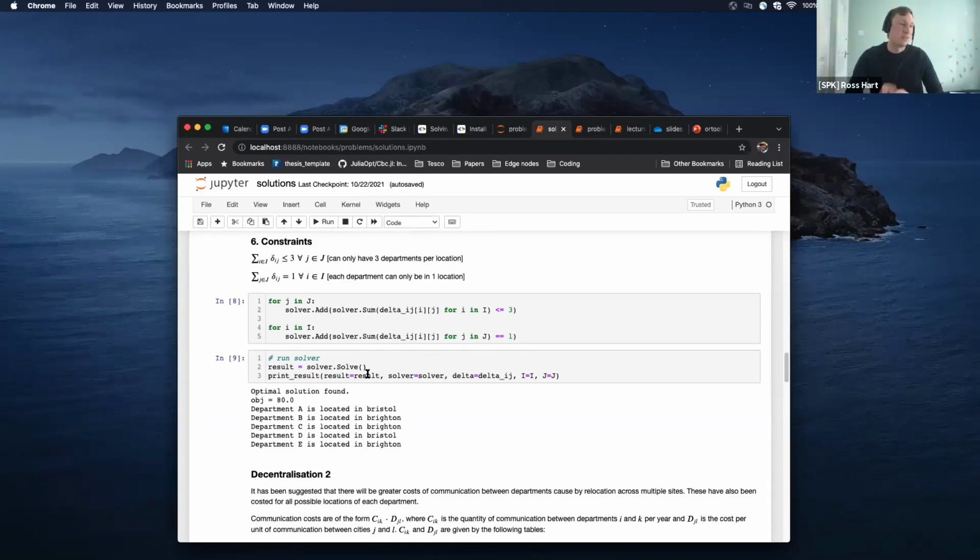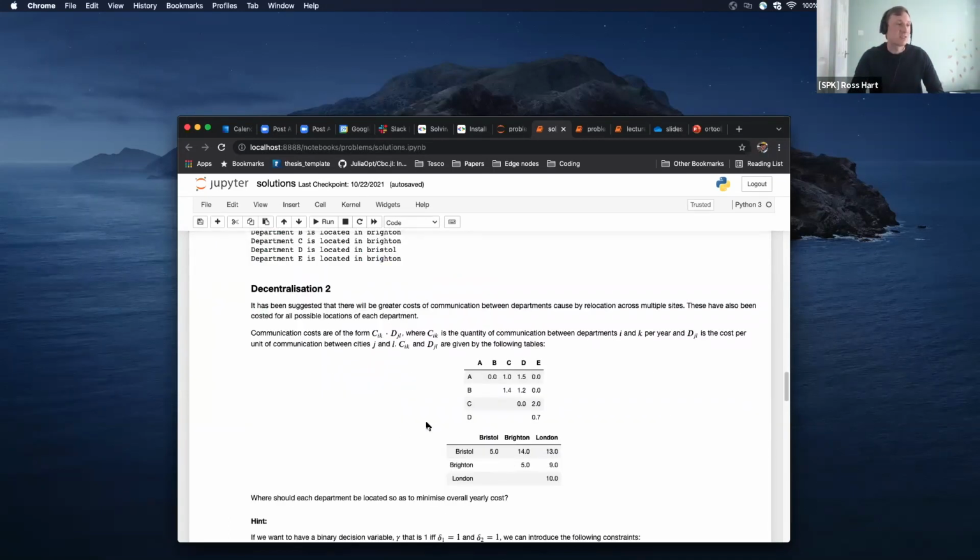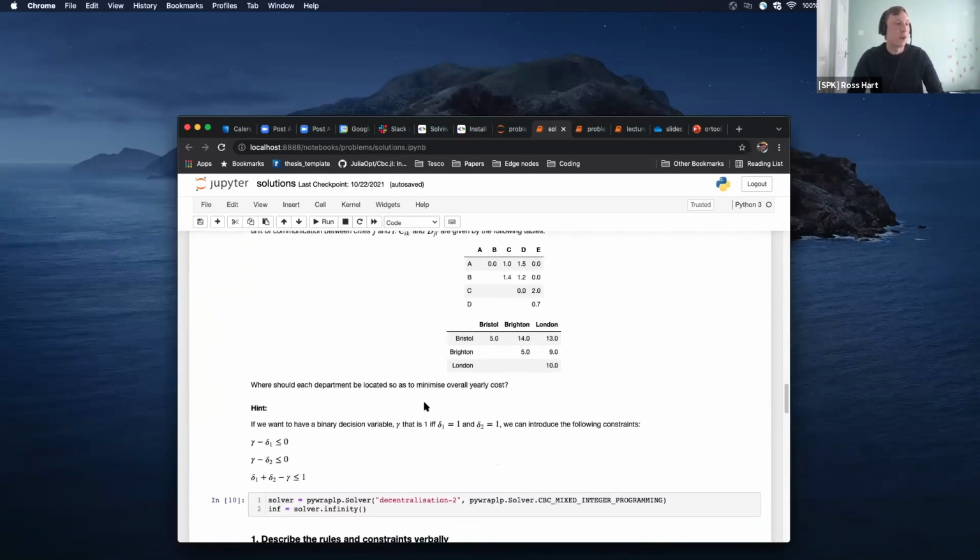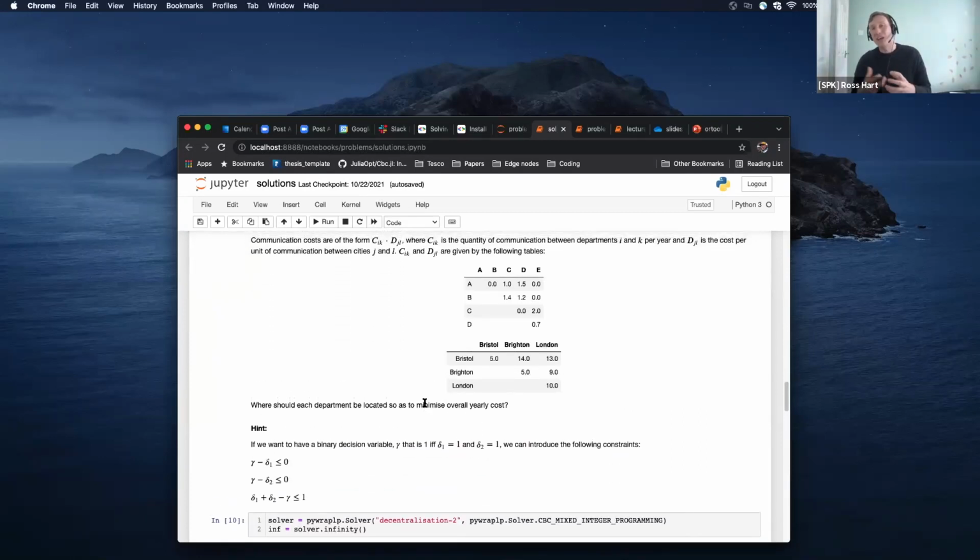But also, there's a second part of the problem, which is actually the one that's taken from the notebook, where they introduce something called communications costs. And I won't go through the solution because it is on the GitHub repo, but this is something where you have to introduce what I would call a linear programming or integer programming trick to the problem to solve